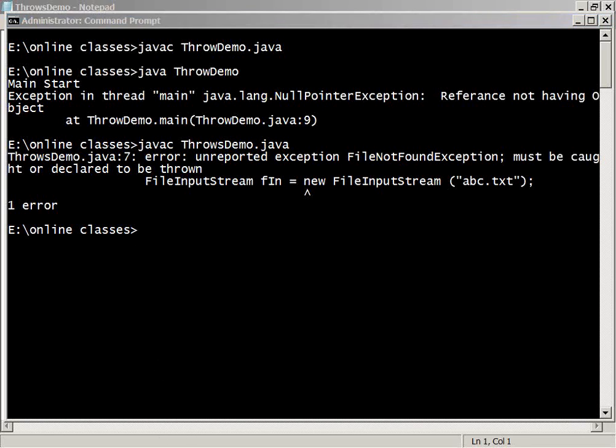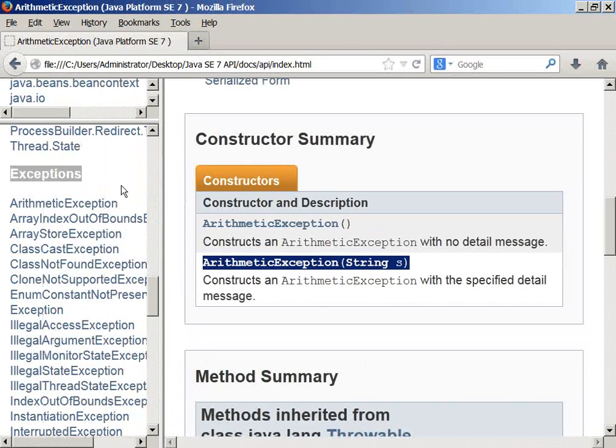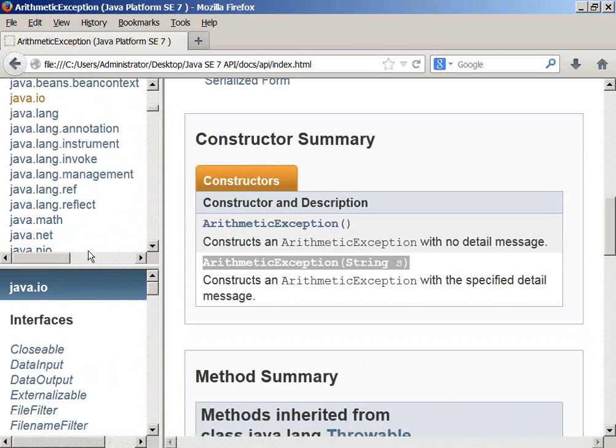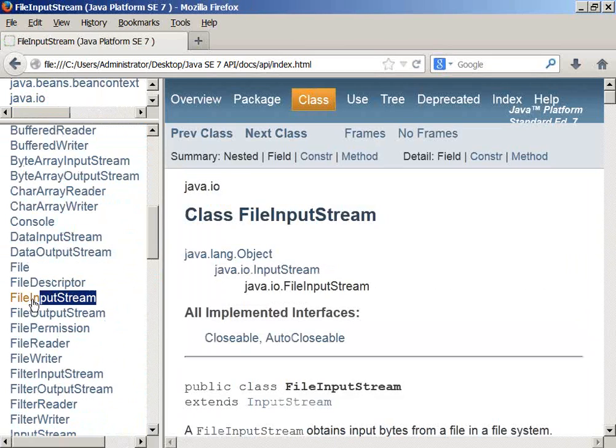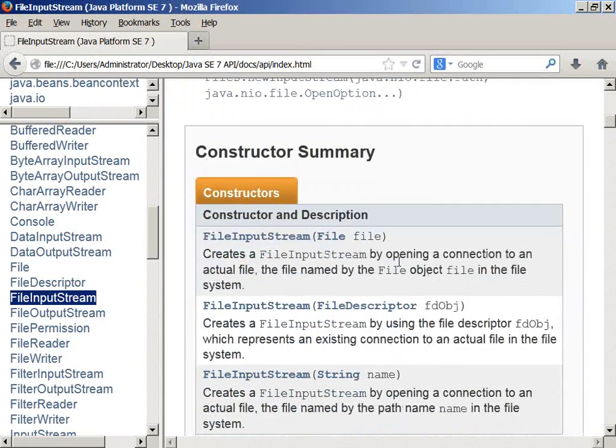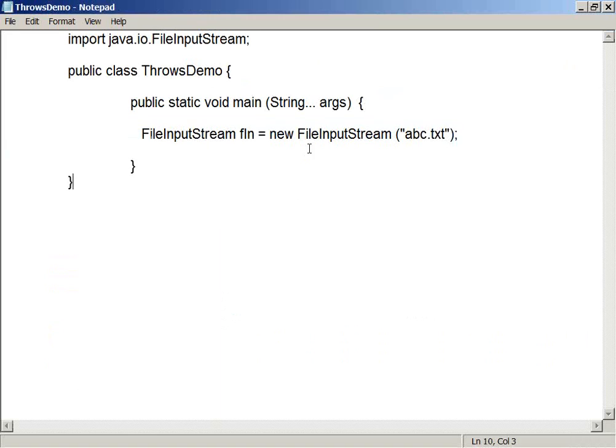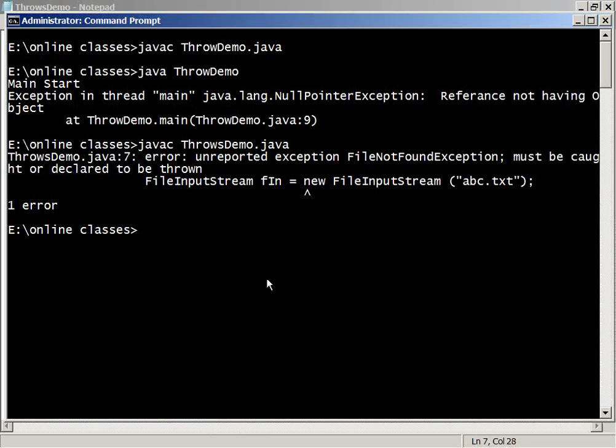Right? So I have used a class from the IO package. Just check this IO and go through the FileInputStream class. Yes, this is the FileInputStream class, and I have a constructor which takes a string argument. Absolutely fine. FileInputStream takes a string object, and I have used the constructor which takes a string object and passed it. I am using the new keyword to create the object. That's fine. Everything is fine. There are no syntactical mistakes.